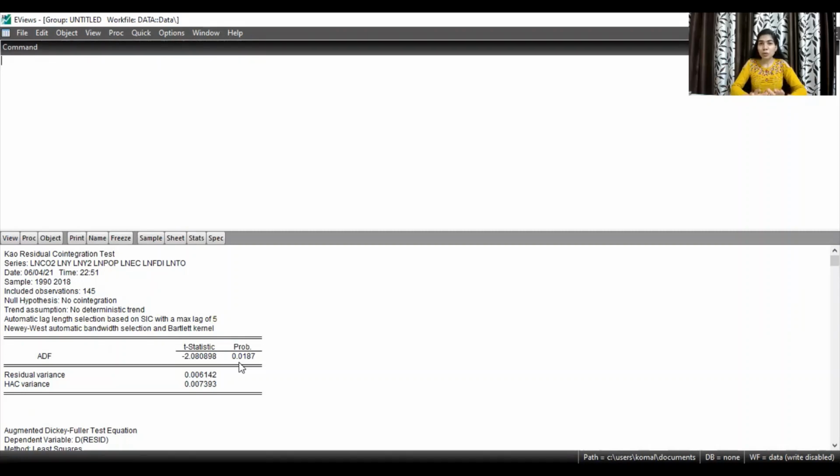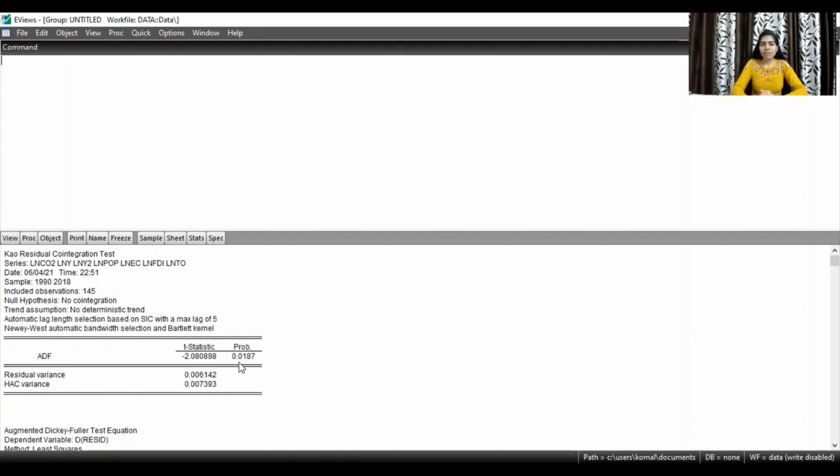So we conclude that the variables included in our data set are co-integrated and have a long-run association. These are the results of the Kao co-integration test.